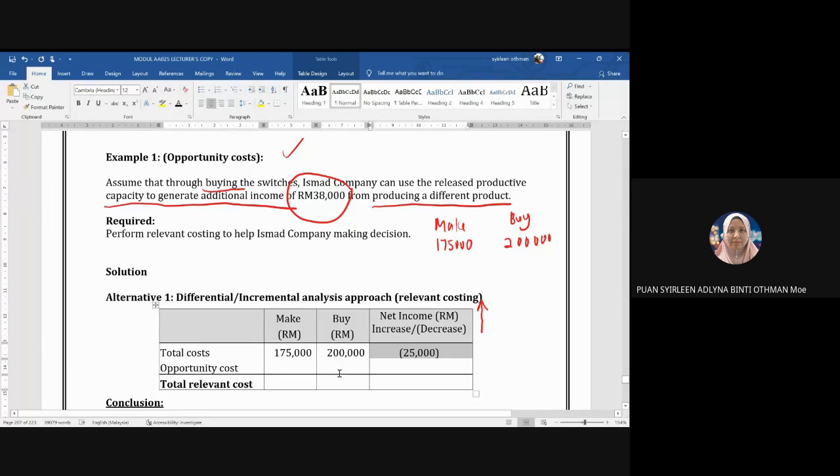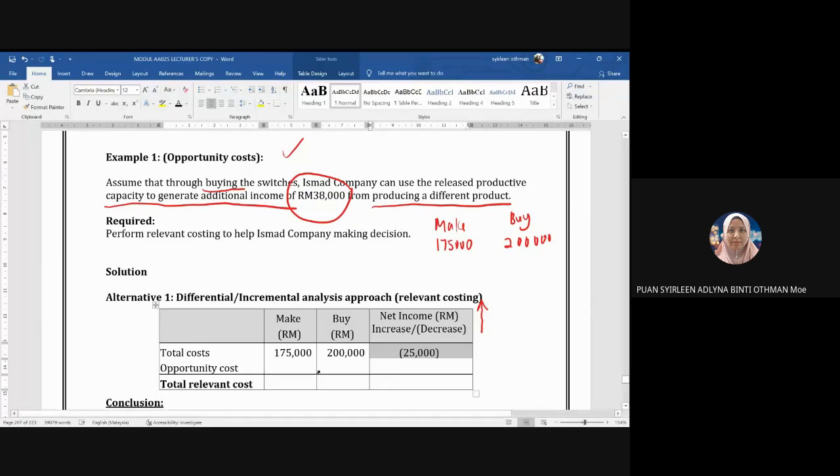But, let's say you ada opportunity cost. Opportunity cost tu maksudnya cost yang you terpaksa lepaskan sebab you decided to do the other alternative given. Maksudnya, kalau saya nak beli, saya dapat 38,000 tu. Tapi kalau saya nak make, saya tak dapat 38,000 tu. So, seolah-olah macam 38,000 tu adalah kos tambahan yang ditanggung sekiranya you make. So where do I put that 38,000? The opportunity cost ni,